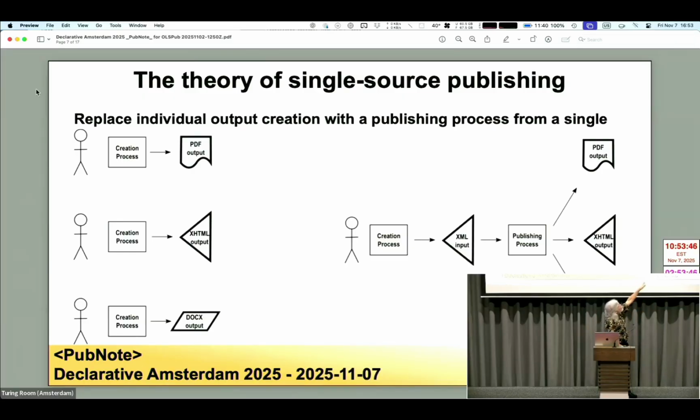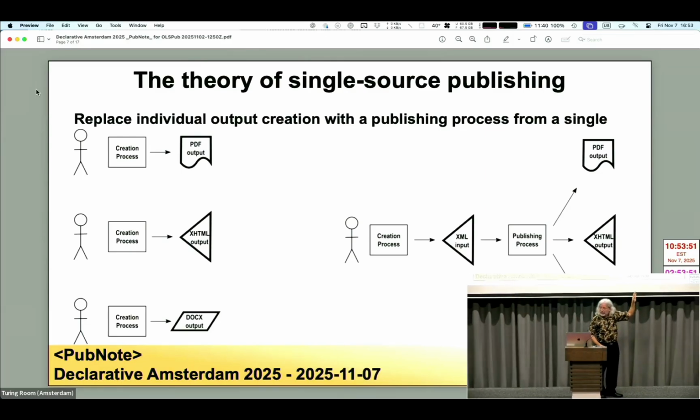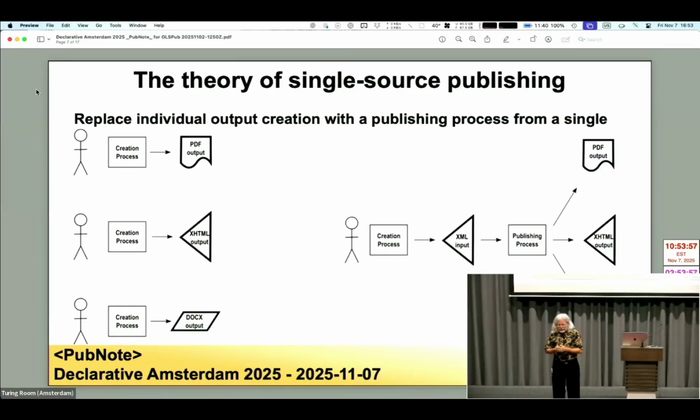And that standard has to be produced in PDF, HTML, and DOCX. So I talked about this process over 2 years ago now at a JATS-Con conference, and so I'm borrowing a few of those slides from JATS-Con to share with you how I did it for PubNote, and to talk about what I call